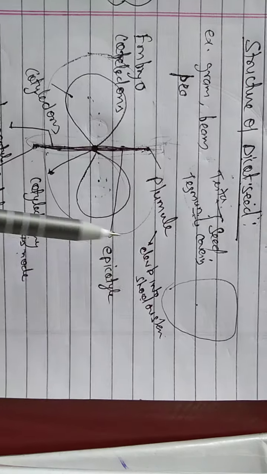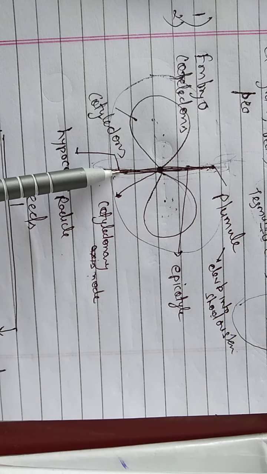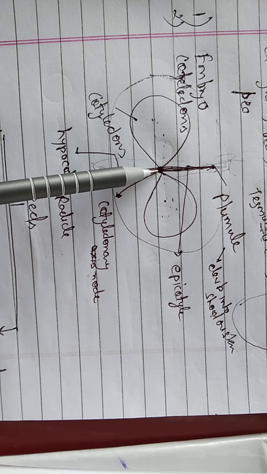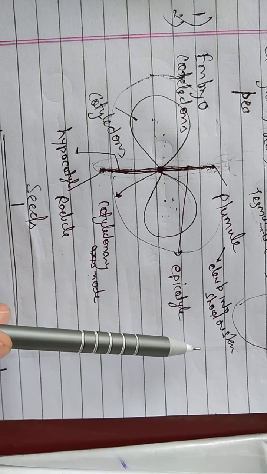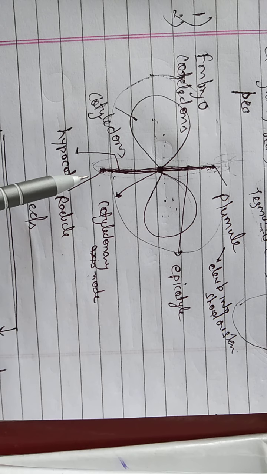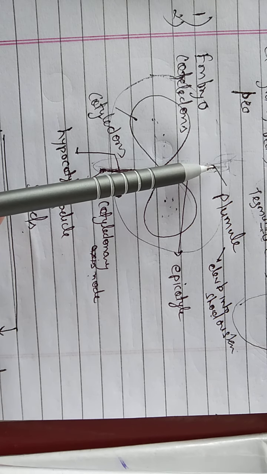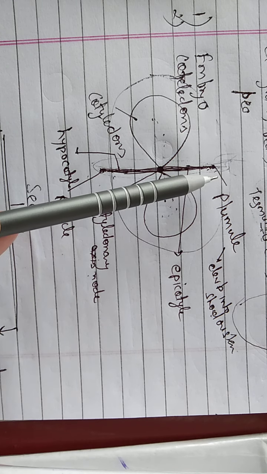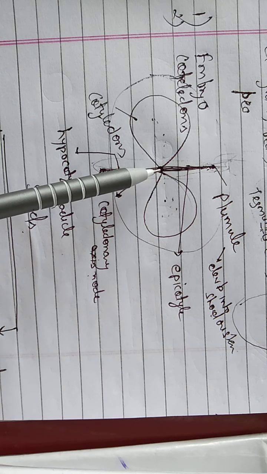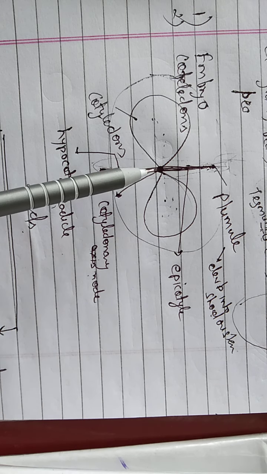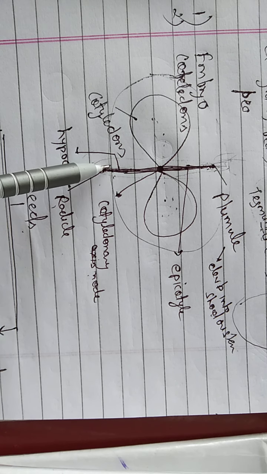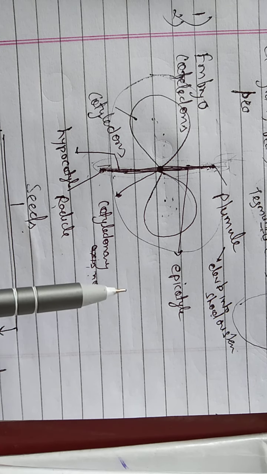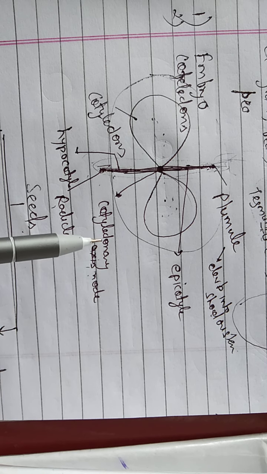And this is the simple structure of dicot seed. It consists of an embryonic axis. From the cotyledonary node, two cotyledons develop. The upper terminal part is the plumule, which develops into shoot and stem, and the lower terminal part is the radicle, which develops into root. The space between the plumule and the cotyledonary node is known as the epicotyl, and the space between the cotyledonary node and the radicle is known as the hypocotyl. Okay, in the next video we will discuss the germination of dicot seed.